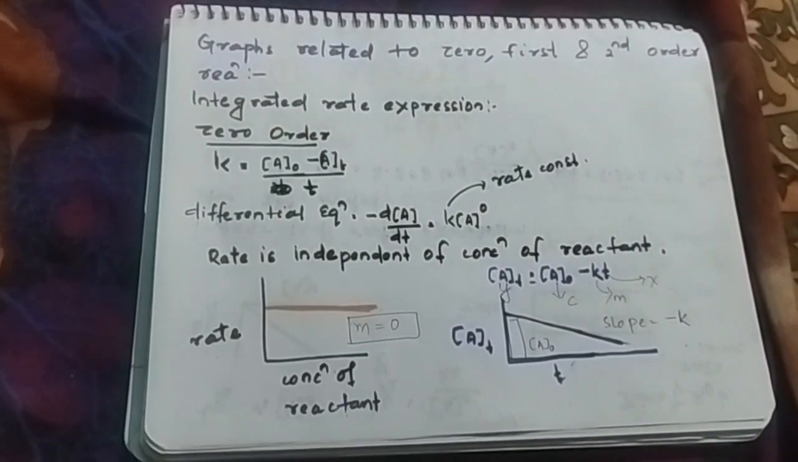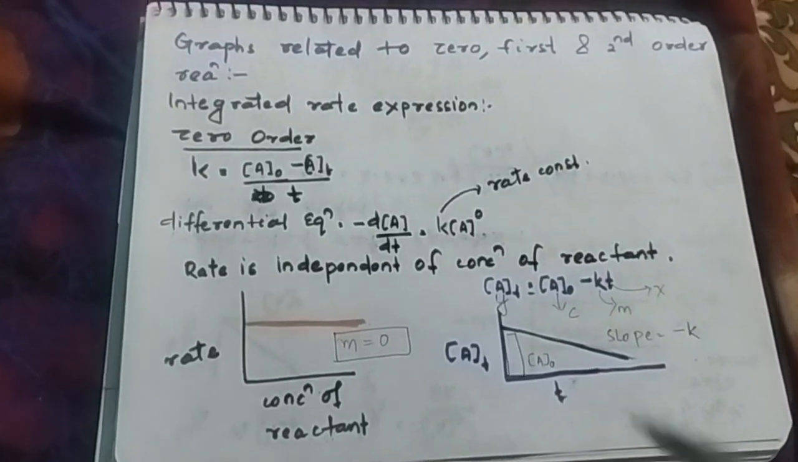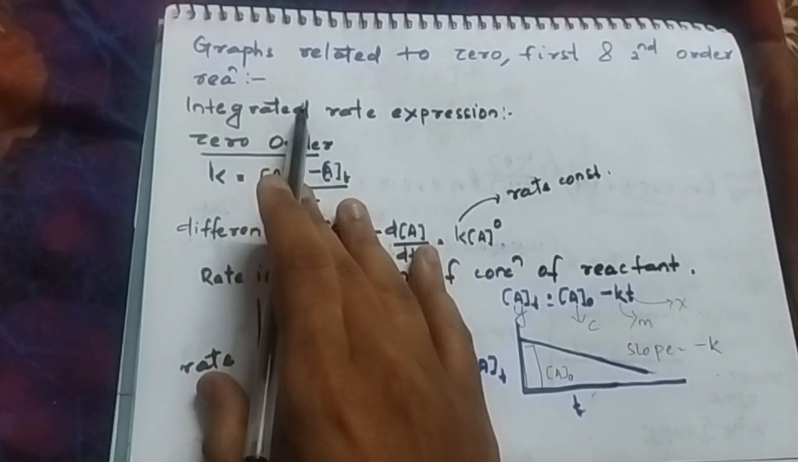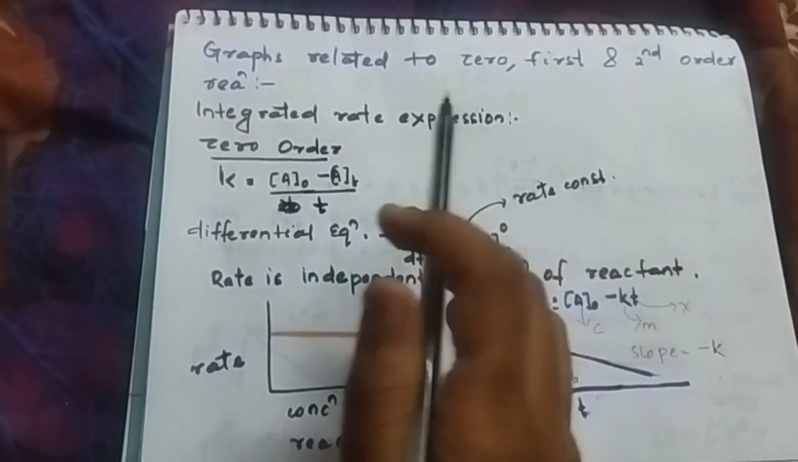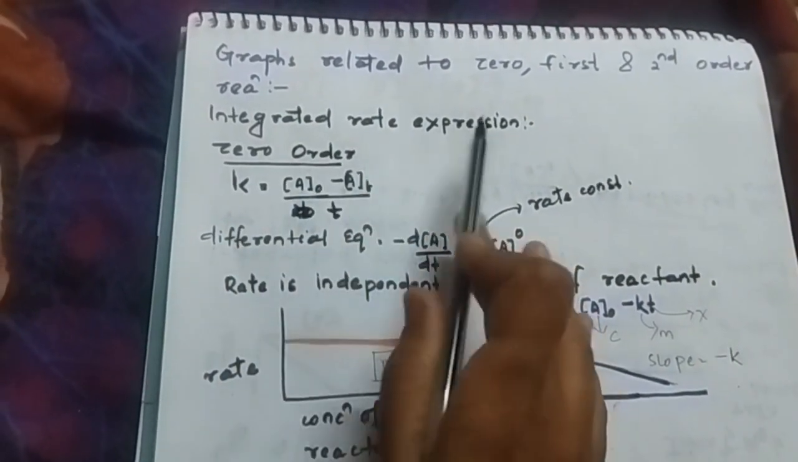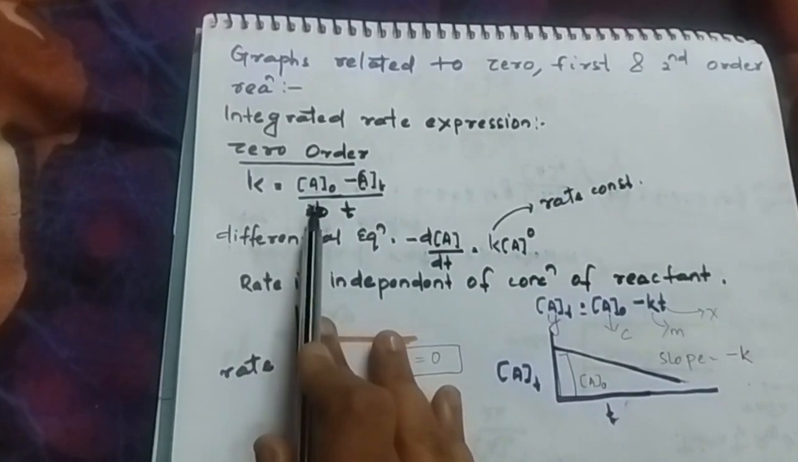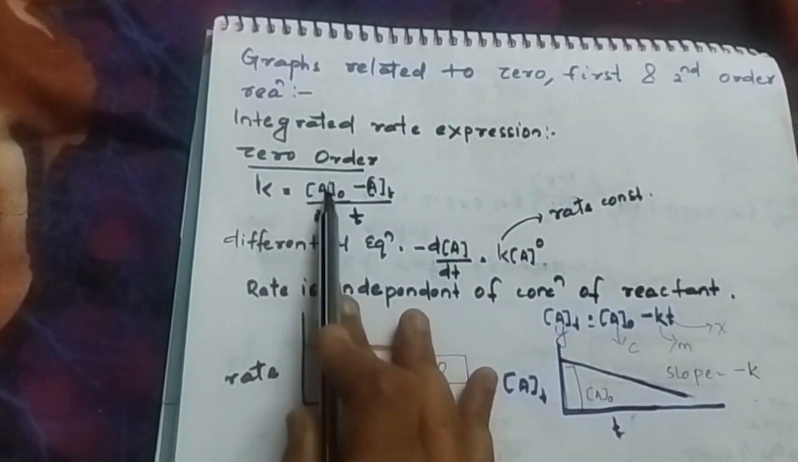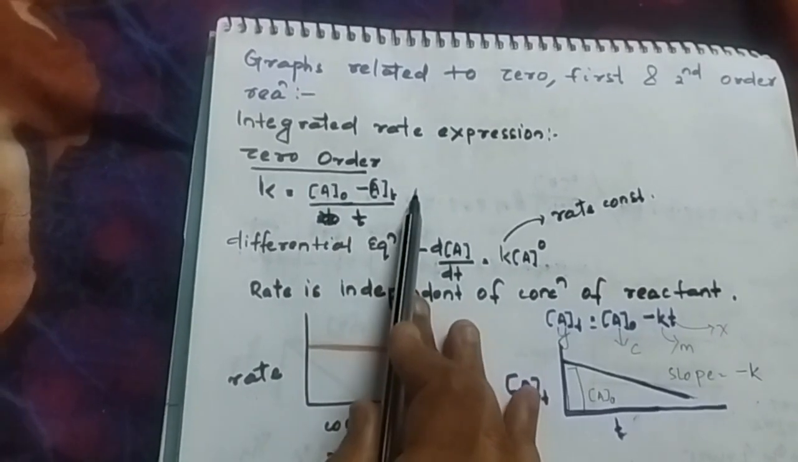Hello everyone, in this video I am going to discuss graphs related to zero, first and second order reactions from chemical kinetics. So for a zero order reaction, the integrated rate expression is k equals (A naught minus At) divided by t, where k is the rate constant, A naught is the initial concentration, At is the final concentration and